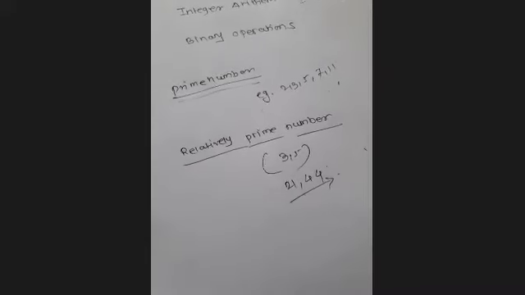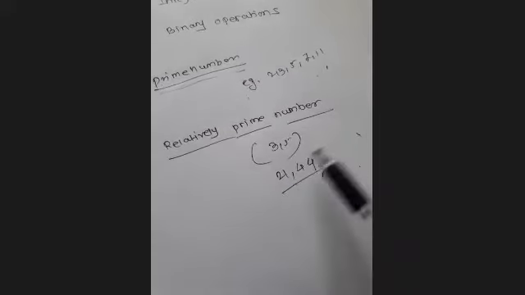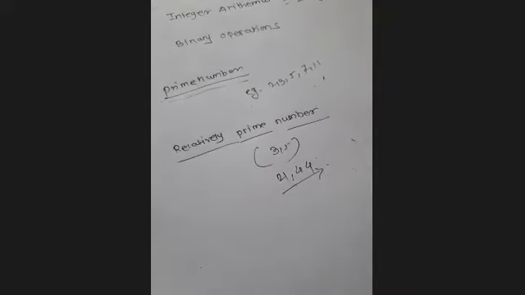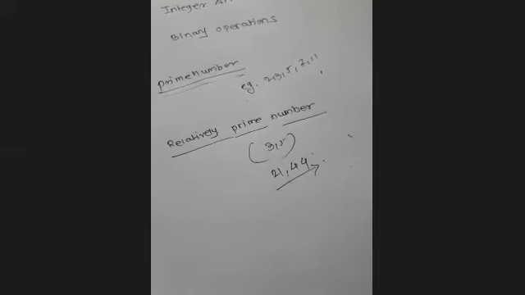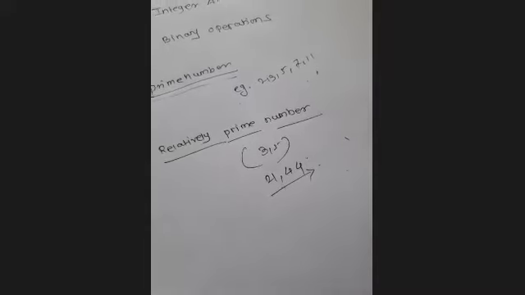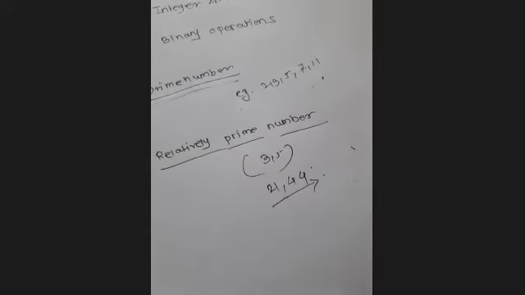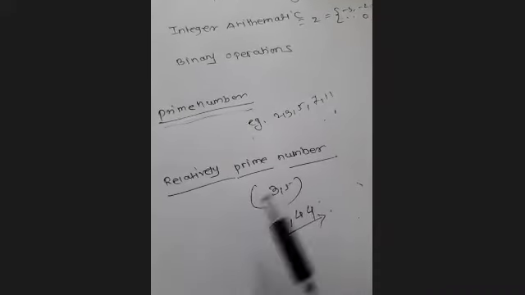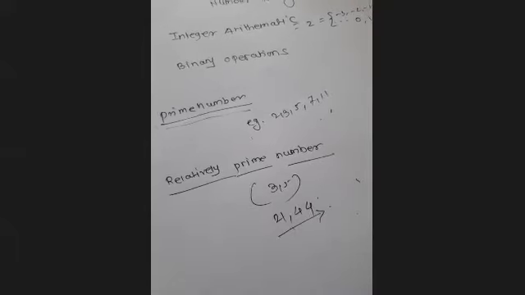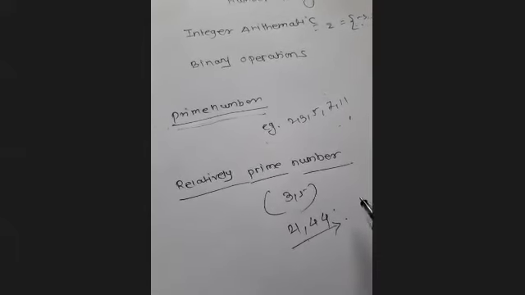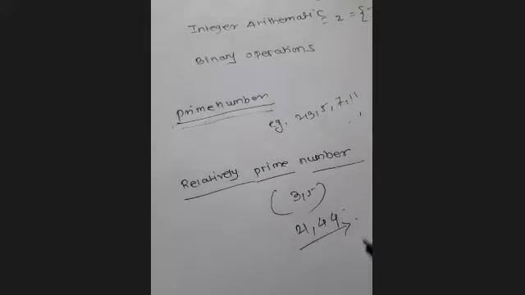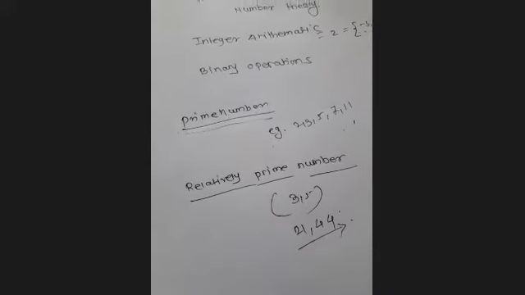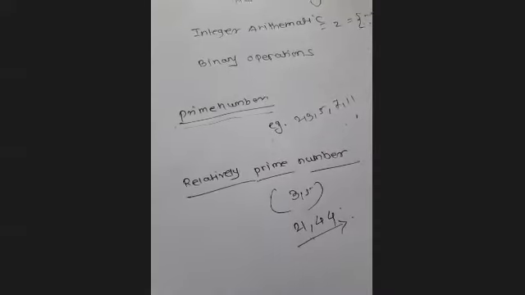See, you should understand कि relatively prime numbers कैसे होते हैं, because when you are going to solve the further algorithms, at that time you have to select some numbers, those should be relatively prime to each other. You need to check whether the numbers are relatively prime to each other or not. So at that time you should know that they will not have any common factor except the one. Those numbers will be called relatively prime numbers, and prime numbers we know already, right?